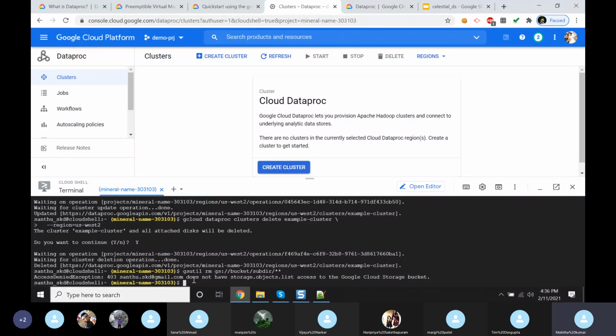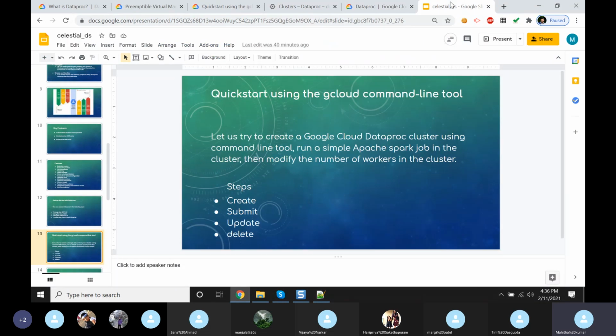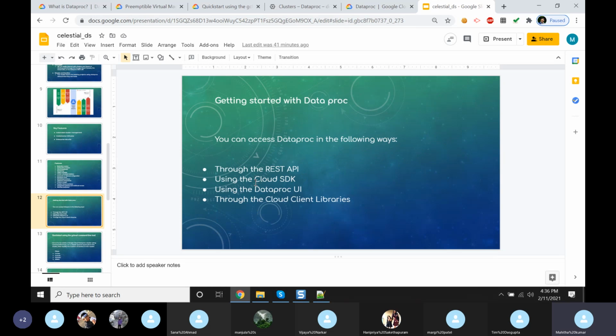I did not try this deleting earlier, so it's throwing a 403 error. Maybe there's no bucket already. So we have created, submitted, updated and deleted. We had tried these things by using the second process.